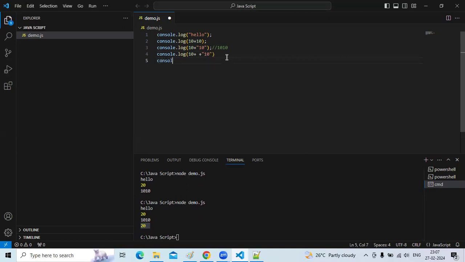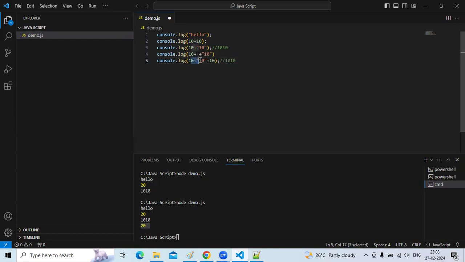Now, I will take one more example. console.log of 10 plus, again taking one string, plus 10. Now, see what happens here. The first value is a number. The second value is a string. The result should be a concatenated result, right? 1010.